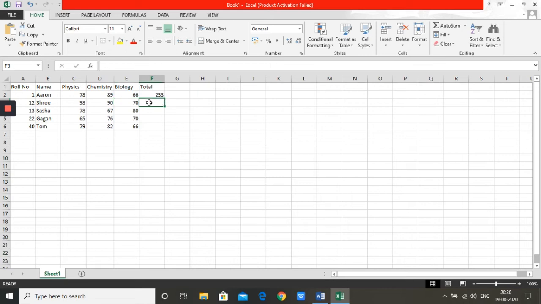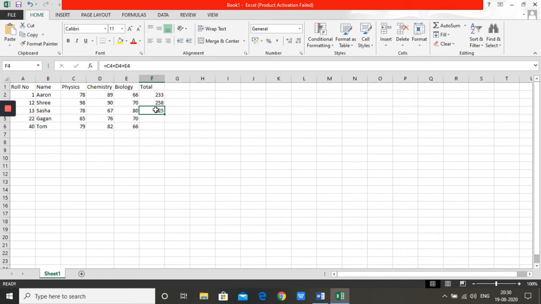So when we need to get the total for this particular child, again it has to start, double click, the cursor will move inside the cell, type the equal to sign, then either you can type the cell address using your keyboard, C3 plus D3 plus E3, or you can use the mouse and do it. As I told you, there are many ways of doing this, all of it is correct.